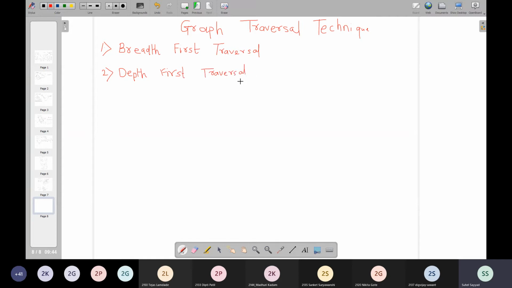In order to make you understand these techniques, I'll take an example. First we'll start with the breadth first traversal. I'll take one graph first so that it will be easy for you to understand the concept of BFT. First of all, I'm constructing one graph. All of you draw this graph in your notebooks also.